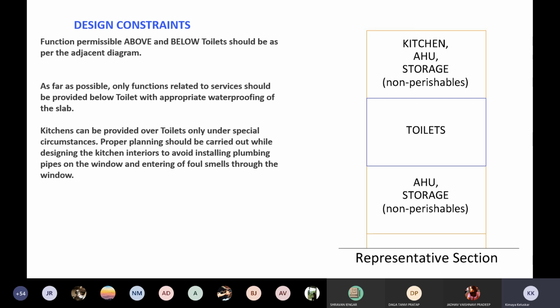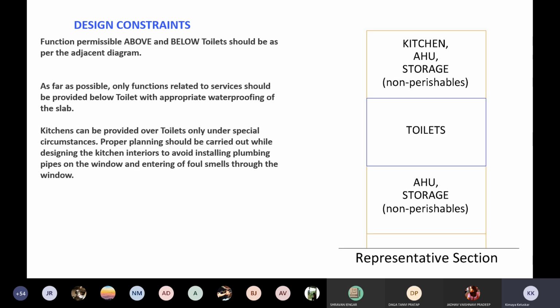Now, what happens whenever you have a toilet slab? It's a sunken slab, which means if the floor level of your office space or your institutional building is at a certain level, the toilet slab level is going to sink down by 150 to 200 mm if it's an English toilet, but if you go for an Indian pot, then it's 400 mm.